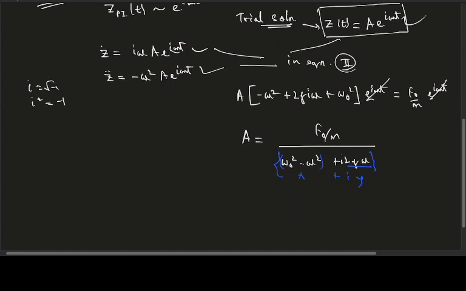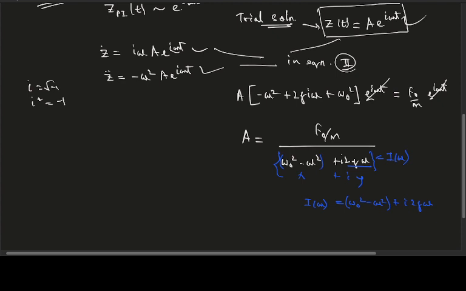So let's take this to be, let's say, I of omega. It's a function of omega because our omega naught is a constant over here, and also gamma is a constant for a particular experiment. So I will depend only on the variable omega here. So we can write that I of omega is equal to omega naught square minus omega square plus i 2 gamma omega. So this is the x part and this is the y part.